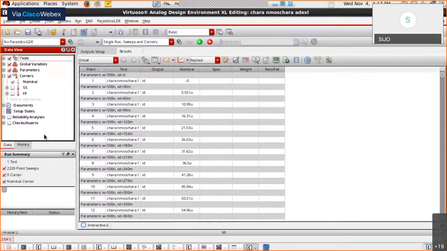If you look at the corner setup here, Naveen, can you move the pointer there? Pointer option is not there in Linux. Okay, you can look at the mouse pointer. We have corners available. If you double click on that corner,